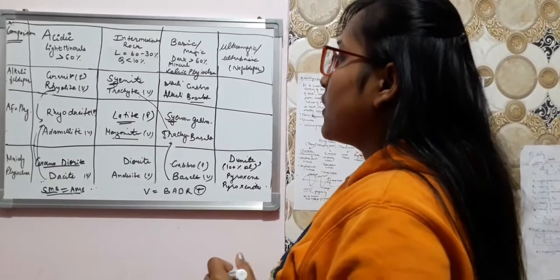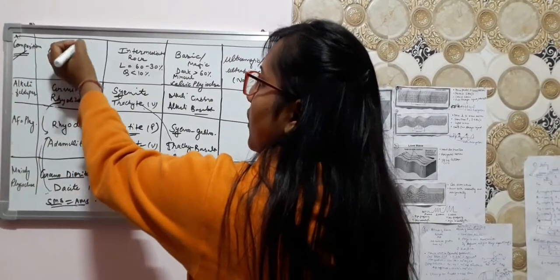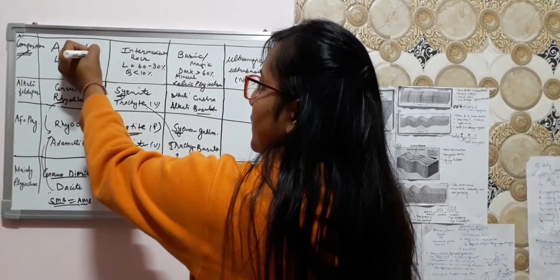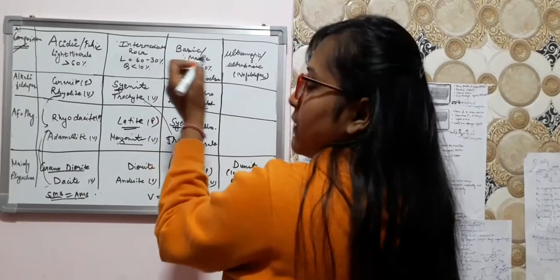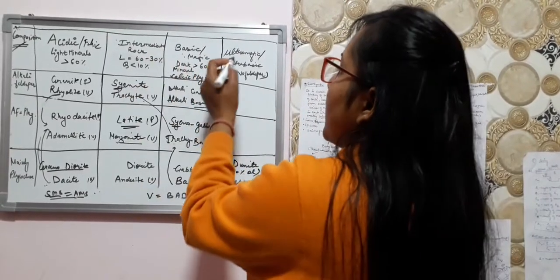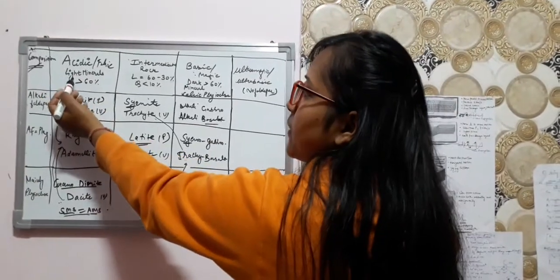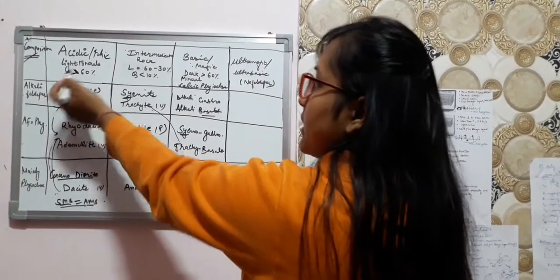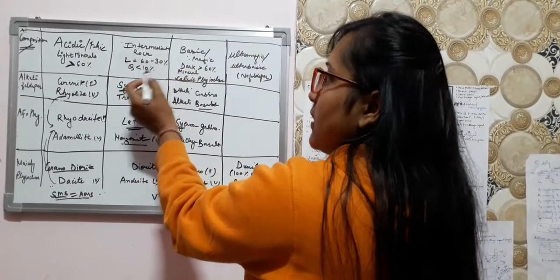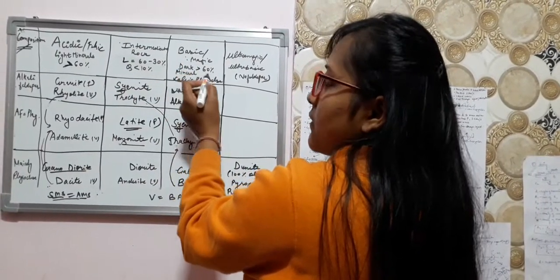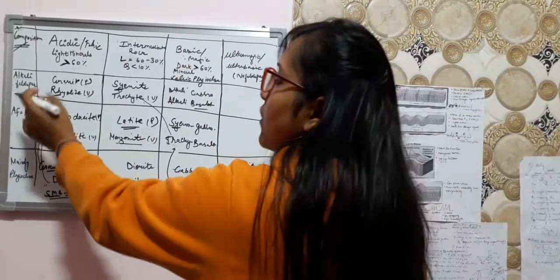Okay, so I have written the composition here. Acidic, also called felsic. Intermediate rock. Basic, also called mafic. Ultramafic, ultrabasic. Okay. So for acidic, it will be light minerals greater than 60%. In intermediate rock, the light minerals are 60 to 30%. For basic, dark minerals will be there, which is greater than 60%. And I have written the composition over